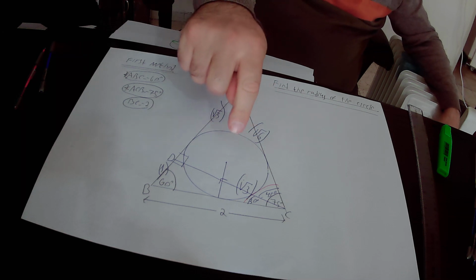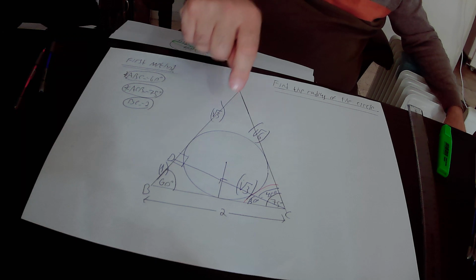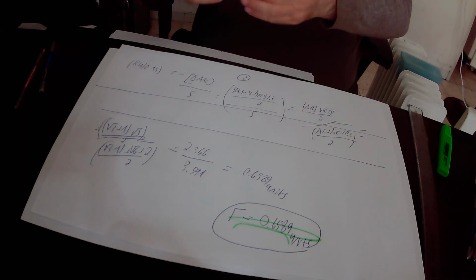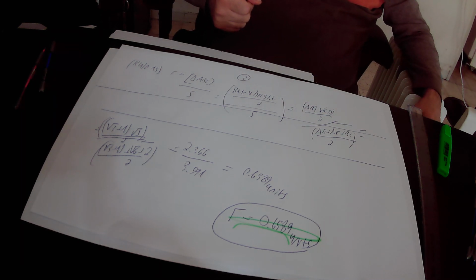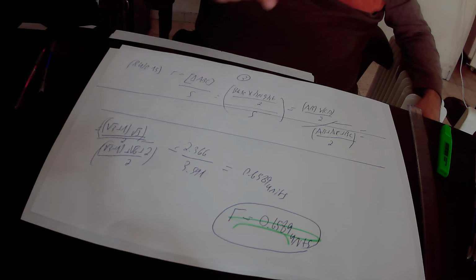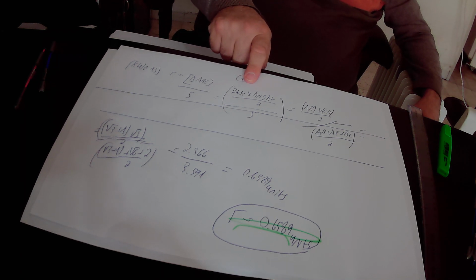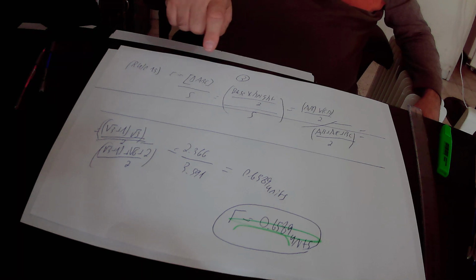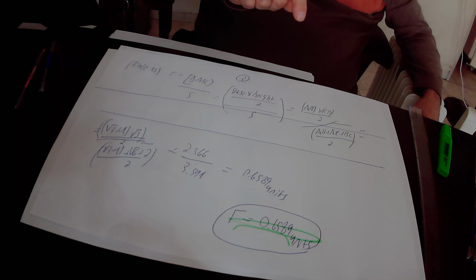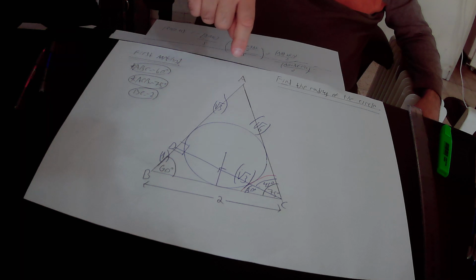So the radius R of this circle will be equal to the area of triangle ABC that encloses the circle over the semi-perimeter of the same triangle. Repeat again, the radius R of our circle, the radius that we are looking for in this question, equals the area of triangle ABC over the semi-perimeter of the same triangle. The area of any triangle is the base of the triangle times the height to the base over 2. And we have to divide the area by S, that is the semi-perimeter of triangle ABC. We choose the base of this triangle ABC as AB,